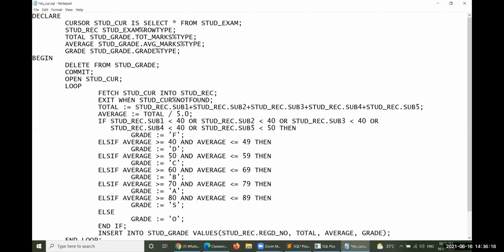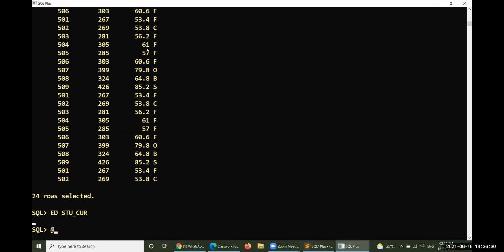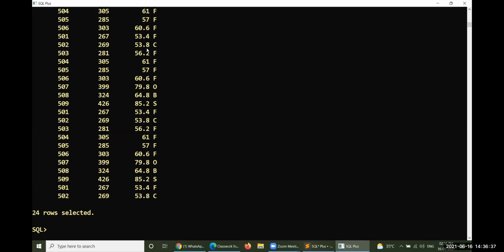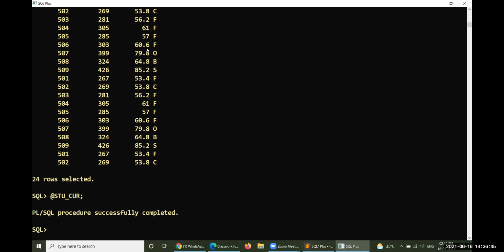Whatever deletions you have made will be permanent, so no data will be available in that table. Before that, let's check it. What is the data? 24 rows of data are there in stud_grade. Okay, then at the rate stu_cur, procedure is successfully completed.